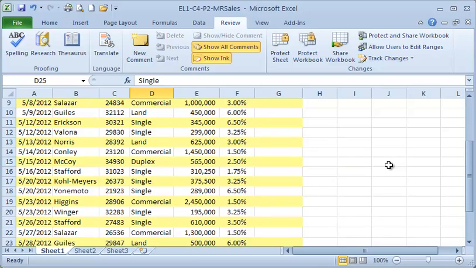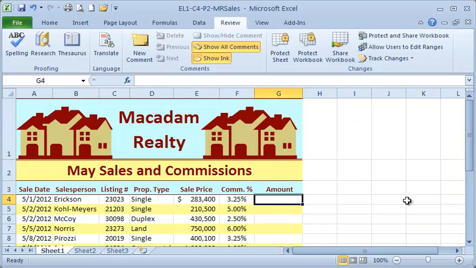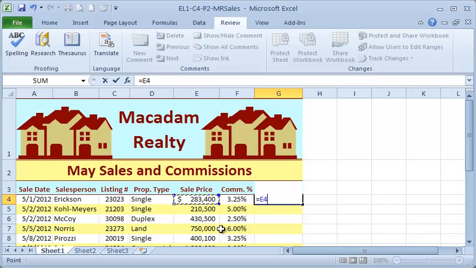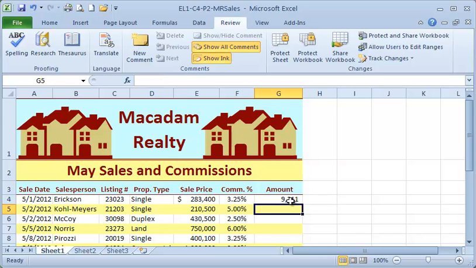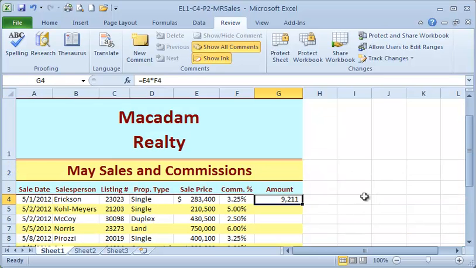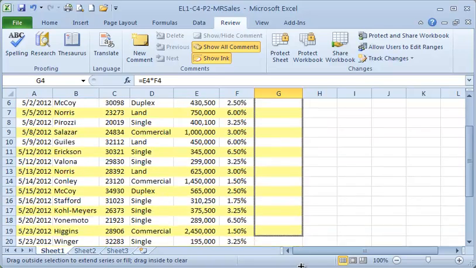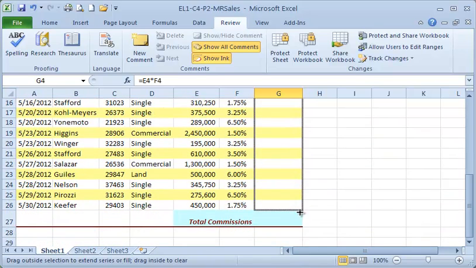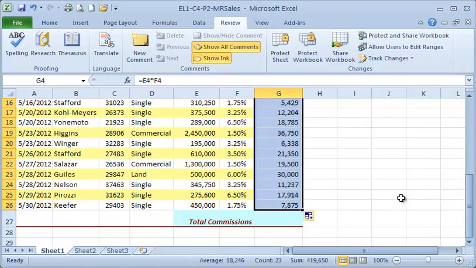Alright, then the next thing we're going to do again is kind of a review. We're going to put in some formulas here. The first one is for the amount in cell G4, and we want to multiply the sales price by the commission percentage. So pretty simple. We'll start out with an equal sign, click on the cell that represents the sale price, and then we're going to multiply that by the commission percentage. I'll press enter. And then that formula needs to be filled all the way down through 26. We don't want to go to 27 because that's where we'll put in another formula that will total